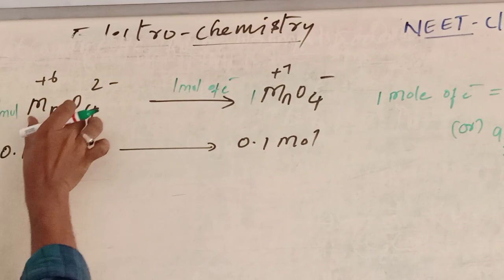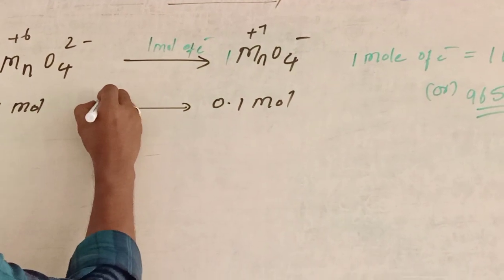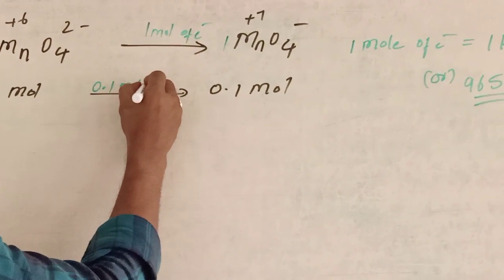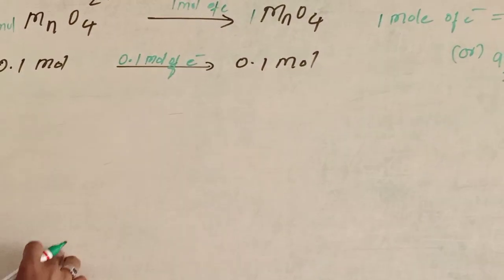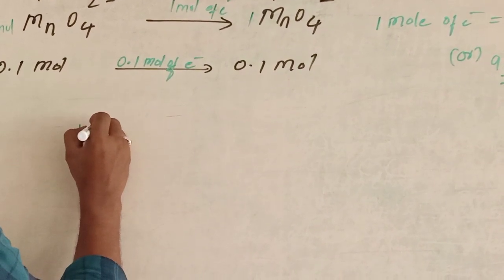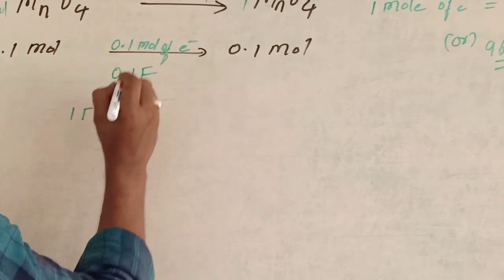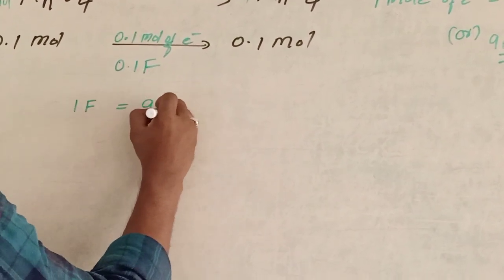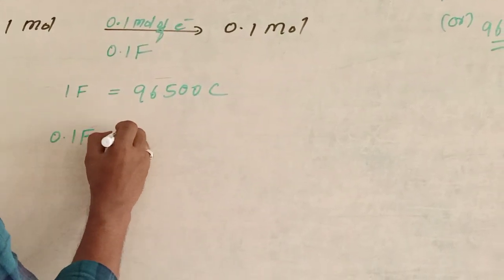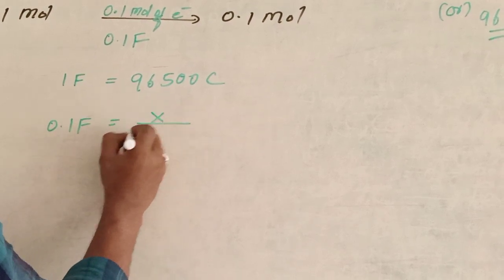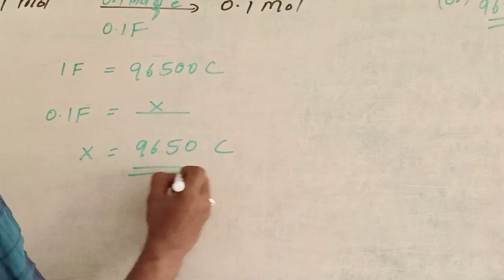Now how many moles do they use? 0.1 mole of this is converted into 0.1 mole of MnO4 minus, that means 0.1 mole of electrons. 1 mole of electrons is 1 Faraday, so this is nothing but 0.1 Faraday. 1 Faraday is equal to 96,500 Coulomb, then 0.1 Faraday is equal to X. So X is equal to 9650 Coulomb. So option